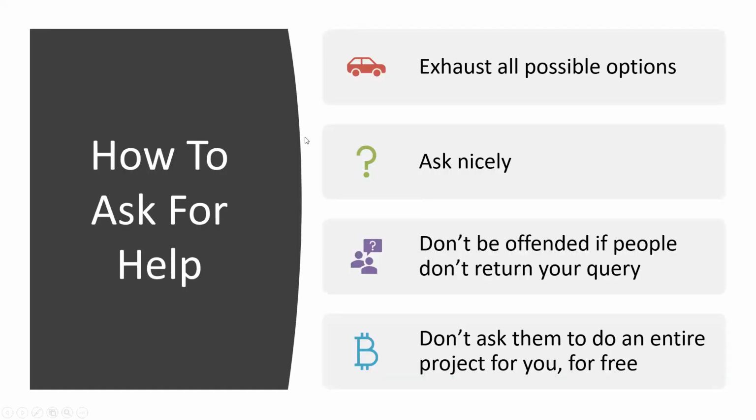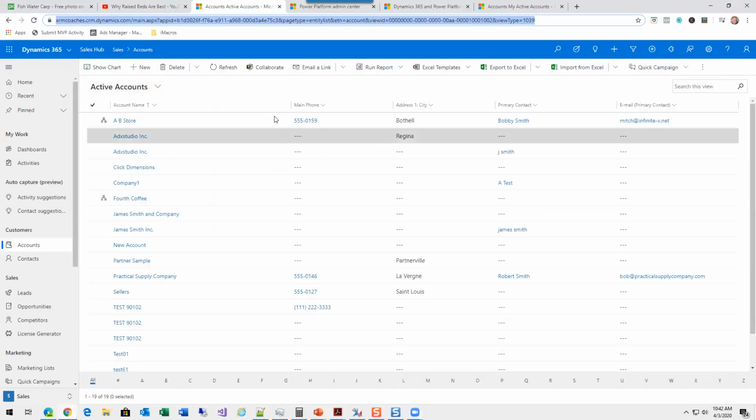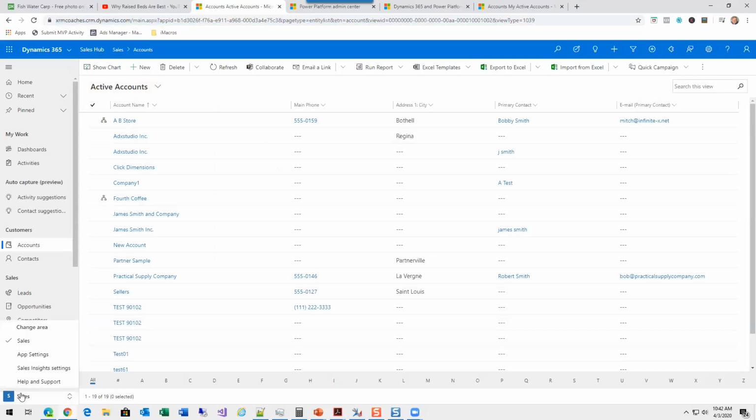So a couple of other things I don't think I put on the slide here. If you don't know how a feature works, then go and do it. Like for instance, let me see if I can jump over here. Actually, you know what? Hang on one second. I gotta reshare my screen. Okay. If you don't know how a thing works, then go and do that thing.